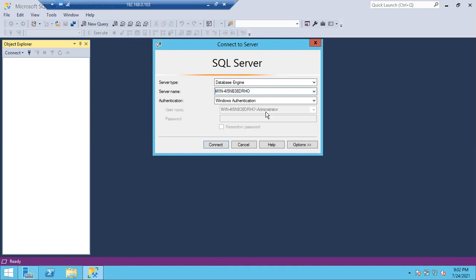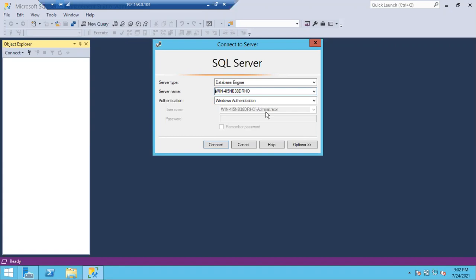We have two types of authentication. Authentication means how you are connecting to SQL Server, simply, right? So you can see the server rooms there. If you want to enter the server room, no one can just enter, right? There is an authentication method. Some people will swipe their ID card, some people will use biometrics, some people will enter a PIN, 1 2 3 4.